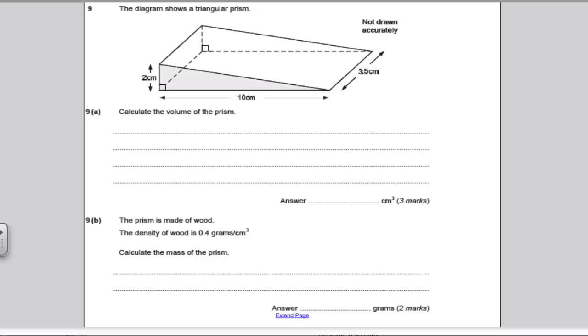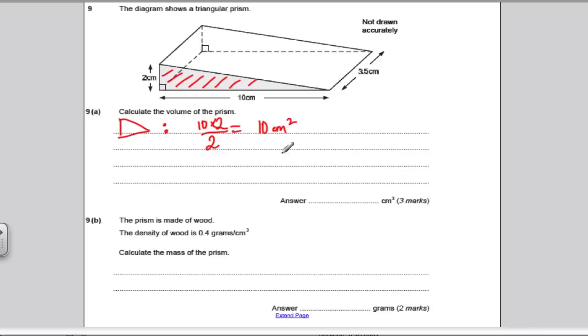Okay, it says the diagram shows a triangular prism. What's the volume of this prism? Well, we know from our previous video that the volume of a prism is the area of the face times by how far back it goes. Now, this area, let's work out the area of this triangle. Well, we know the area of a triangle is base times height, 10 times 2, divided by 2, which would be 10